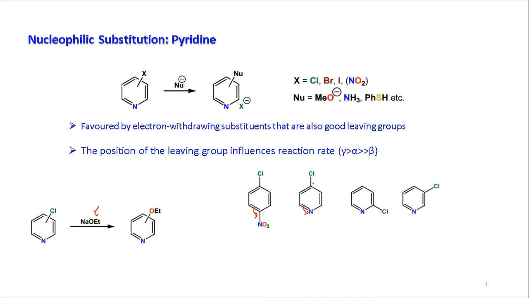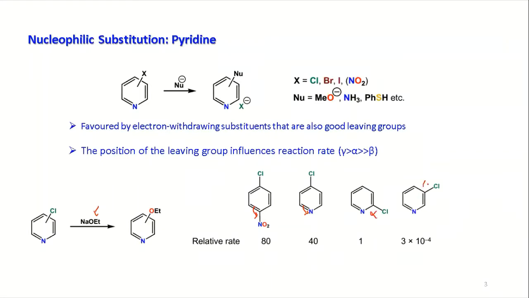Now you have the gamma position, you have the alpha, and you have the beta position. So let us look at the relative rate. If you take the alpha position as the relative 1, what will be the situation of the relative rate of the other substances, if they are reacting with the ethoxide? What we find is that for beta chloro substituents, when the beta ethoxide is going to form, that is 10 to the power minus 4, means it's 10 to the power minus 4 times lower rate with respect to the alpha position.